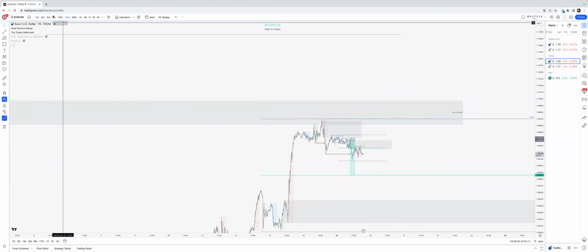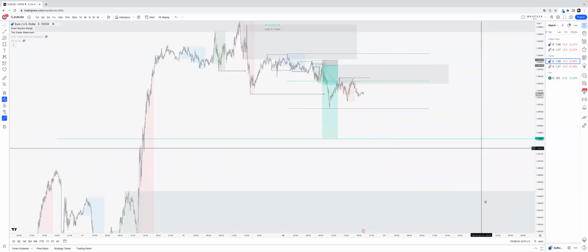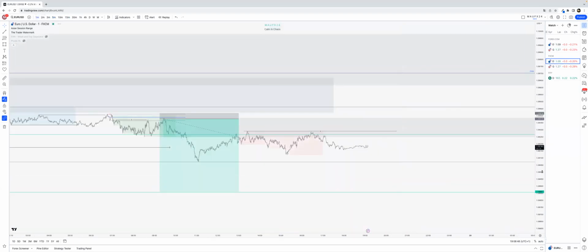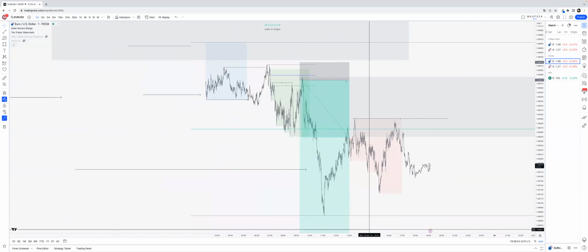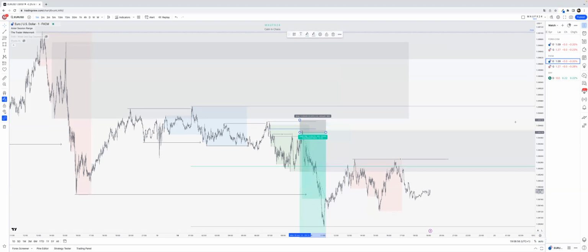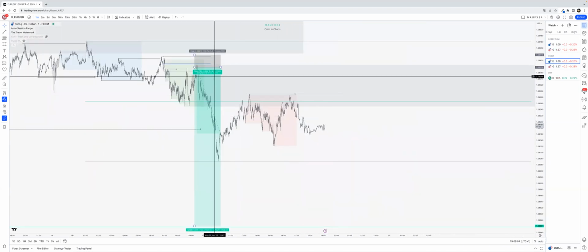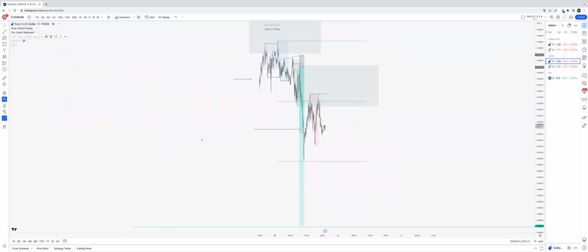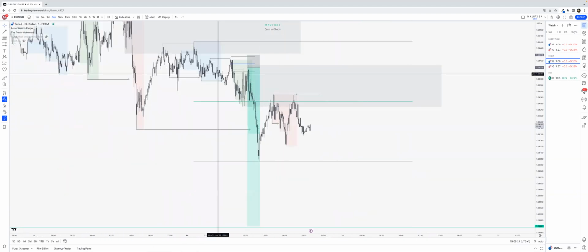That's that. That was EU during London, Frankfurt and London. Then if we look at New York session, let's put this to the side. We can see that we tap into this new supply zone. Don't reach the 50% yet, but we can see that we got a nice 5-minute break to the downside. And if you trade New York, this could be a potential sell entry. So this is where you can decide if you take the 1 or the 5-minute supply zone,